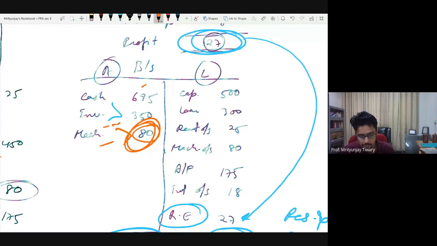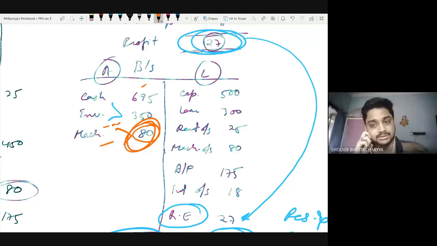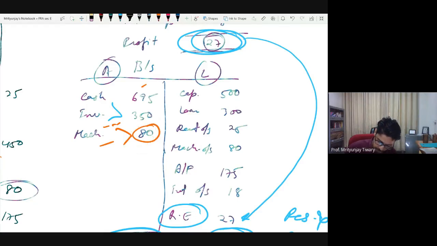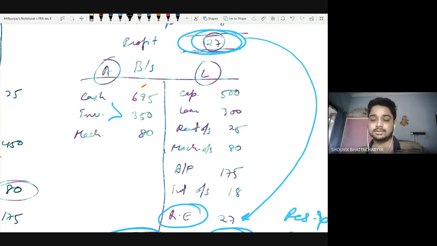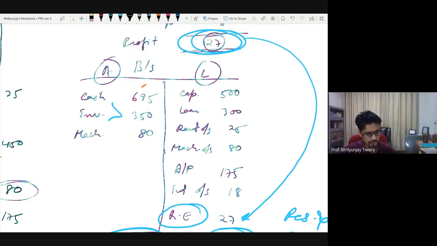Now the one point is that it is not evident. And the question I am posing to the class is, would somebody be interested in knowing this information? Would anybody be interested in knowing this? Internal customer will be interested, but external customer, I don't think they will be interested. What do we mean by internal customer and external customer? Internal customer means the stakeholders of the company. So what Shovik is mentioning is insiders and outsiders: insiders of the business would be interested, outsiders don't care. Okay. Anybody else?